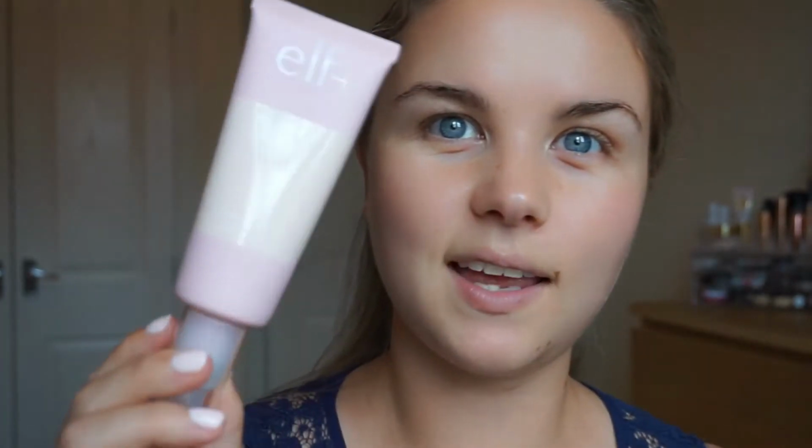Okay, so it looks like this. Really nice. I like it. It says on the back, this whipped clay-infused lotion absorbs oil on contact and helps provide a long-lasting matte finish. With kaolin clay and tea tree, this lightweight formula provides just the right amount of hydration and oil control. Well, that sounds ideal. Okay, I'm just going to put a small...